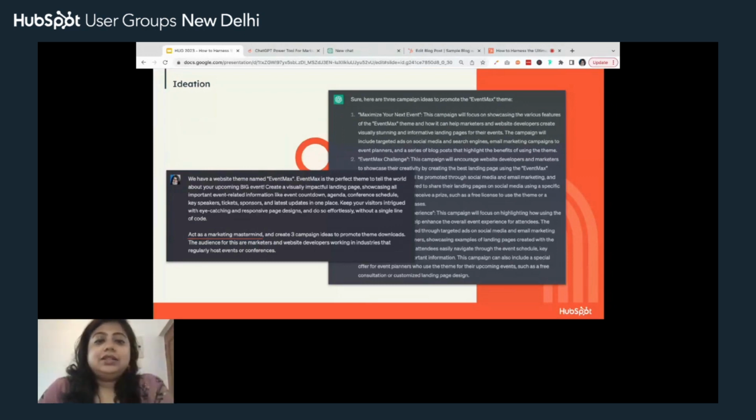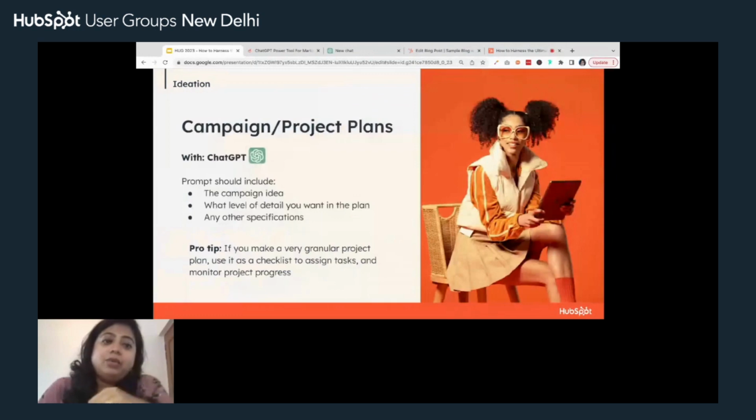And I think another really great use that I found for me was creating project plans. Once you have an idea, usually it's not just you who is working on it, you definitely have a team to work on it. And we put things in, whether that's a project management board or Excel, wherever you want to put it. But I think the key step becomes breaking things down into, okay, if this is the campaign, then these are the tasks that need to get done in order for the campaign to launch.